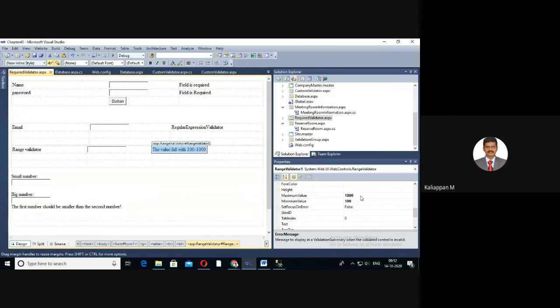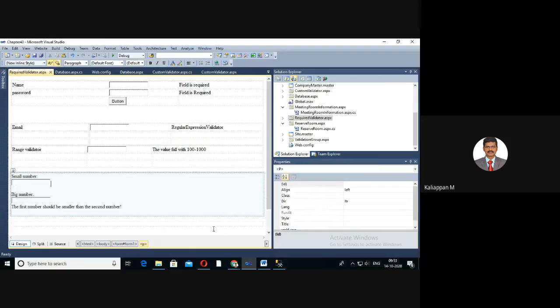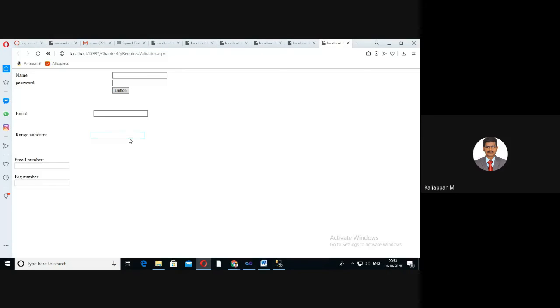Maximum value 1000, minimum value 100. Is it correct? Something is wrong. I gave 188.